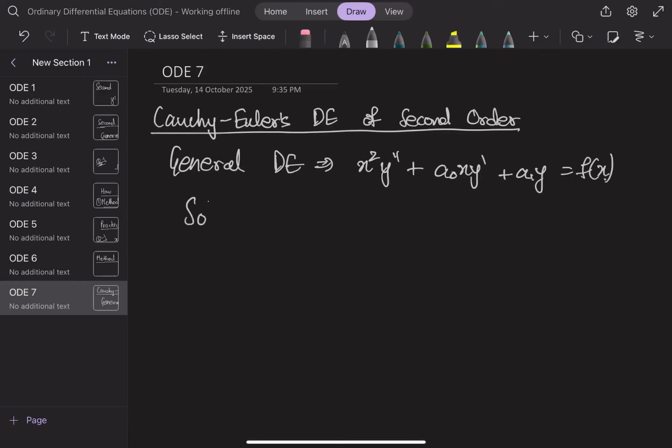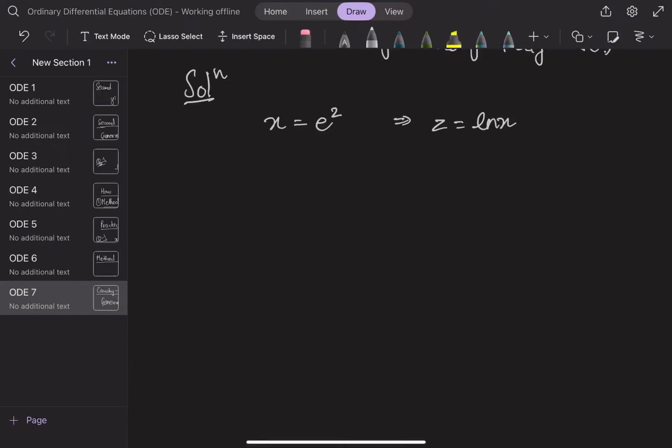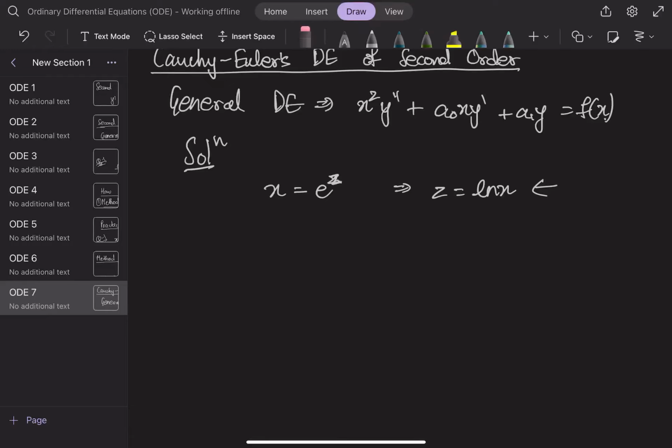So how we're gonna tackle this is we're gonna replace x with e raised to z, which means that z is ln x. Now remember, this z is a variable created by us, so it should not be there in the final answer. Wherever you have z, replace it in the end with ln x. So this equation basically becomes (x square D square plus a naught xD plus a1) times y